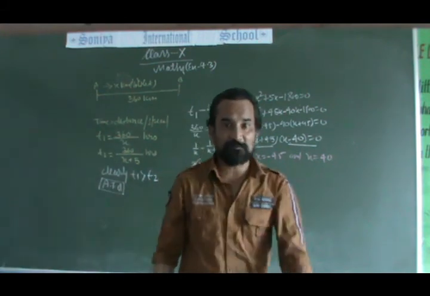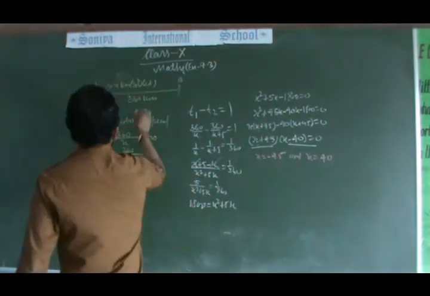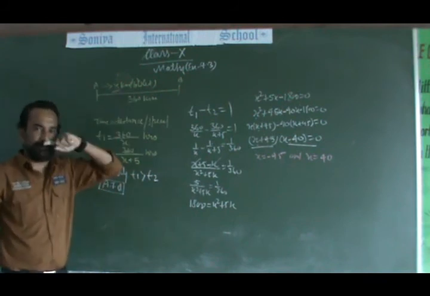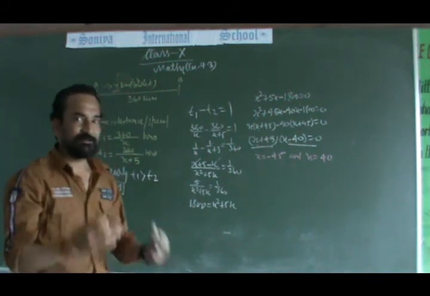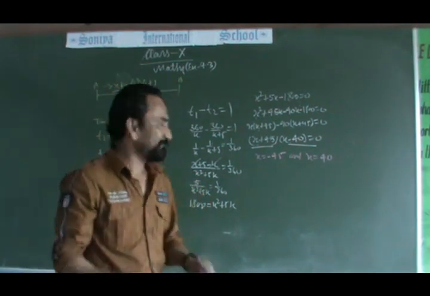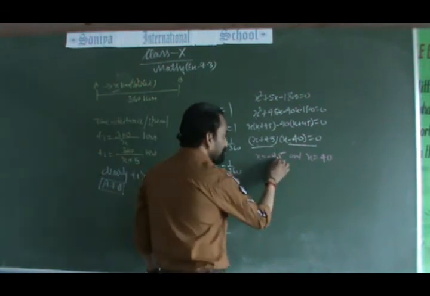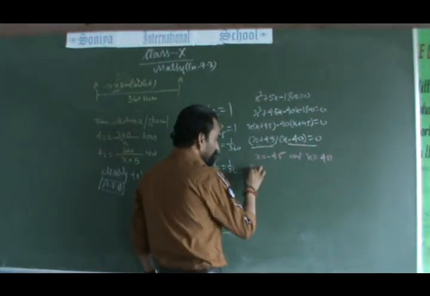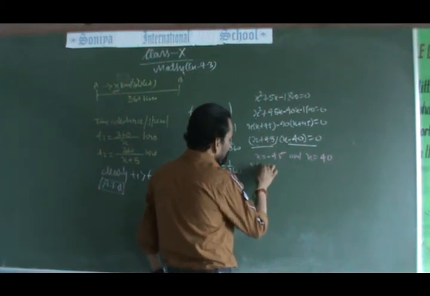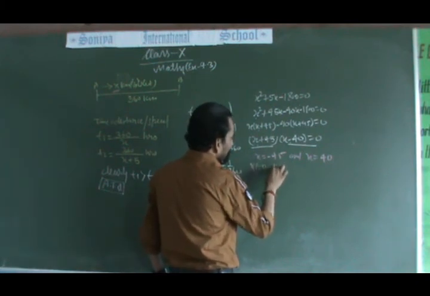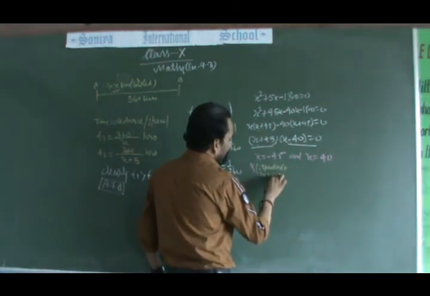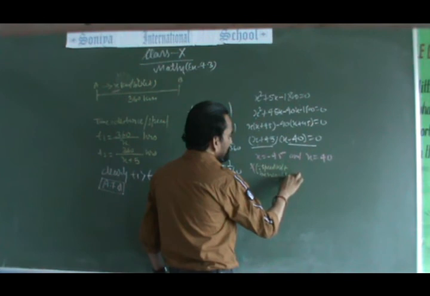Again come to the concept of the question. What is x? x is the speed of a train, and you all know that speed cannot be negative. Since speed cannot be negative, this answer becomes wrong. You may cross it here. Why is it crossed? You may write: since speed cannot be negative, hence speed cannot be negative.